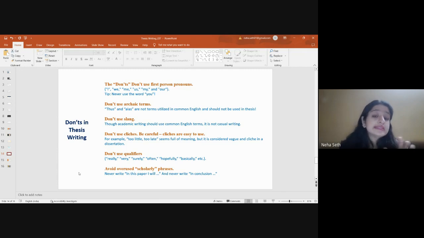We should also not use slang. When I say slang, these are the short words or common words which we use while talking, when we are not in a professional relation, or when we are not talking professionally to somebody. These are part of casual writing, like using DIY. We all know the meaning of DIY is do it yourself, but we cannot use these small words or terms while writing our thesis. So when I talk about slang, we should not use words which show that we are using casual writing. We should present it in such a way that it is academic writing, right?